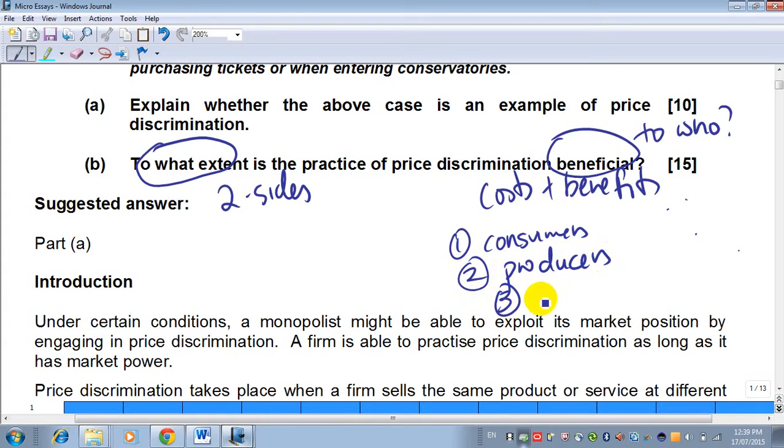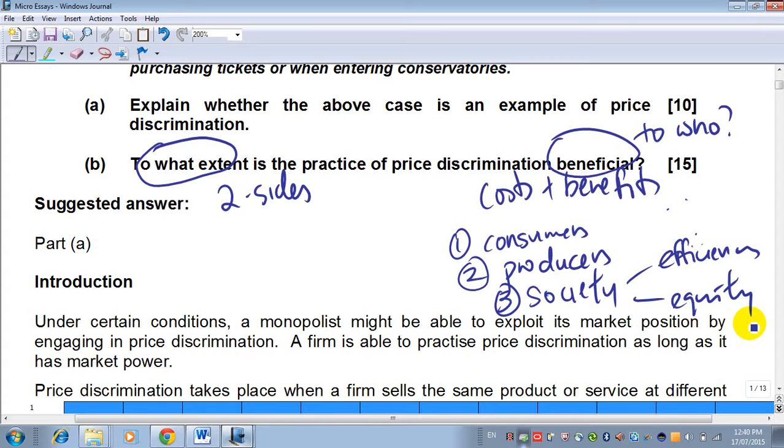Thirdly, we can also talk about benefits to society in general. And for microeconomics, we think about the microeconomic goals of efficiency and equity. Under efficiency, we can consider allocative efficiency. Now, boys and girls, don't just blindly memorize, but think about it. Seriously think about it. If you are setting up a new society, a new economy, wouldn't this be something that you want?